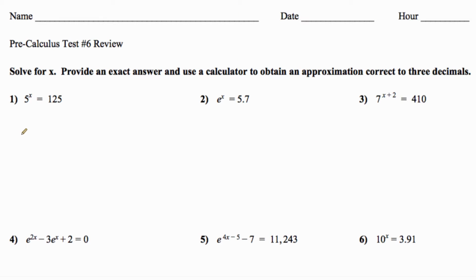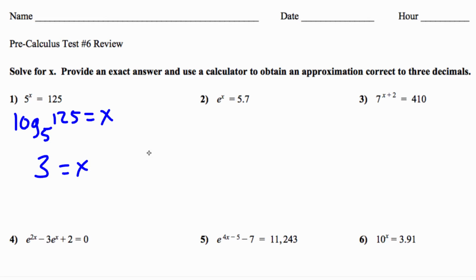Taking a look at problem number 1, we've got 5 raised to the x power equals 125. What we can do with this one is, since it's in exponential form, we're going to switch it over into a logarithm. So this base of 5 becomes the base of our logarithm. So this is log base 5. The 125 is what we're going to evaluate, and then this is going to equal the power of x. So we get log base 5 of 125 equals x. Now if we evaluate log base 5 of 125 in our calculator, we should get 3 as the x value